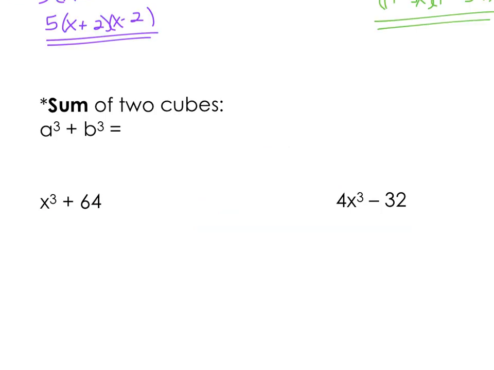Do you remember the sum and difference of 2 cubes formula? First, let's talk about cubes really quick. Remember, 1 cubed is 1, 2 cubed is 8, 3 cubed is 27, 4 cubed is 64, 5 cubed is 125, 6 cubed 216, 7 cubed 343, 8 cubed 512, 9 cubed 729, all the way up to 10 cubed, which would be 1,000. Now the list goes on, but the first 10 are usually the most common for factoring